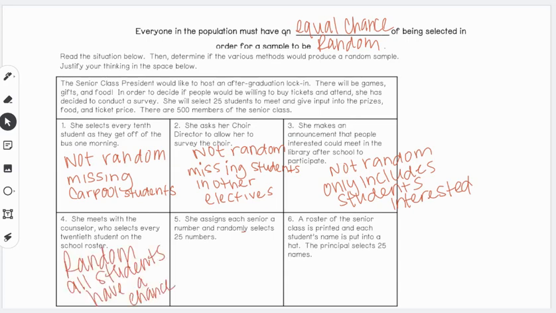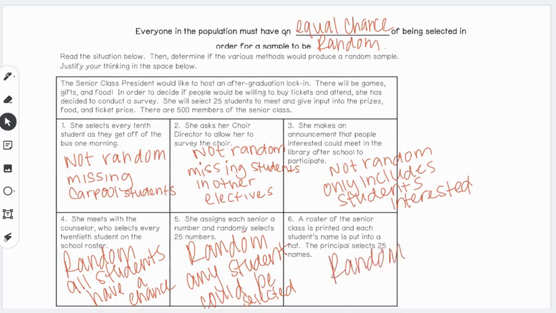All right, number 5 says she assigns each senior a number and then randomly selects 25 numbers. And this would also be random because every senior has a number. She's just going to pick a random 25. So any student has a chance of being selected. All right, and then lastly, a roster of the senior class is printed and each student's name is put into a hat. The principal then selects 25 names. So again, it's random because any student could be selected. So the key thing that you are looking for here is that every student would have an equal chance of being selected. That is how we know if a sample is